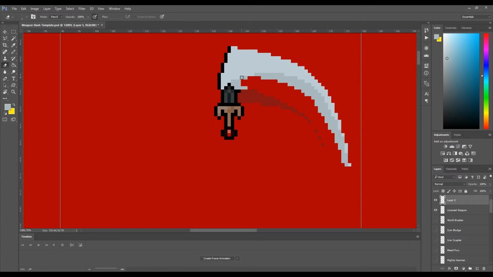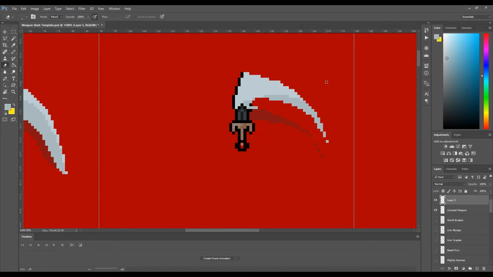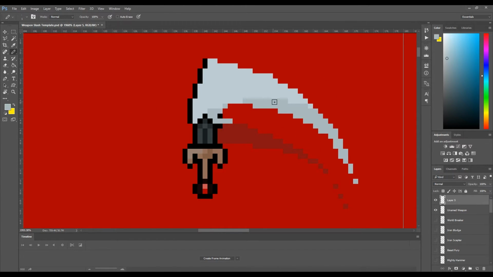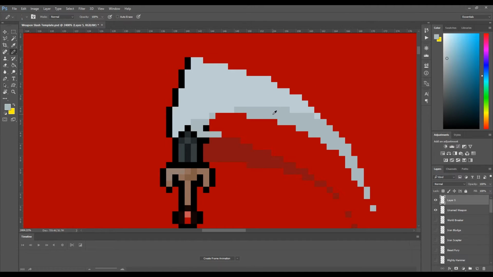Just kind of like that's pretty good, and then maybe like to there. That's pretty good. I think it doesn't get much better than that, to be honest. That was a pretty good cut, I think. And now you can see there's two different tones here. There's a really, really light, and then this one's a slightly darker light. I'm just going to increase the area of the darker light to make it look like there's more movement with the